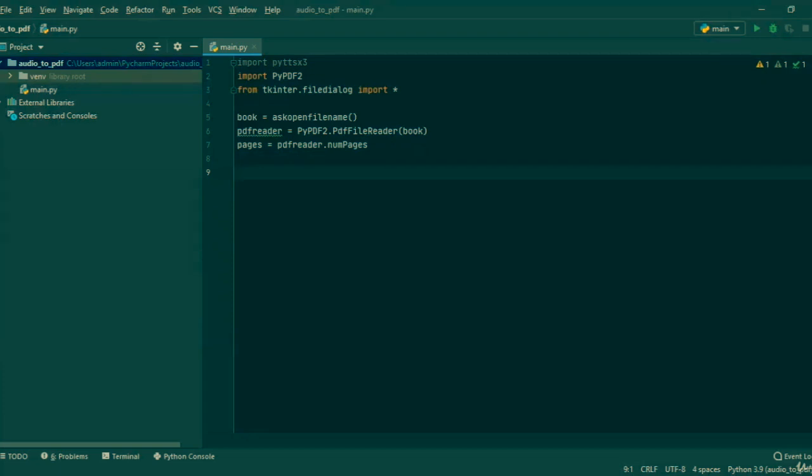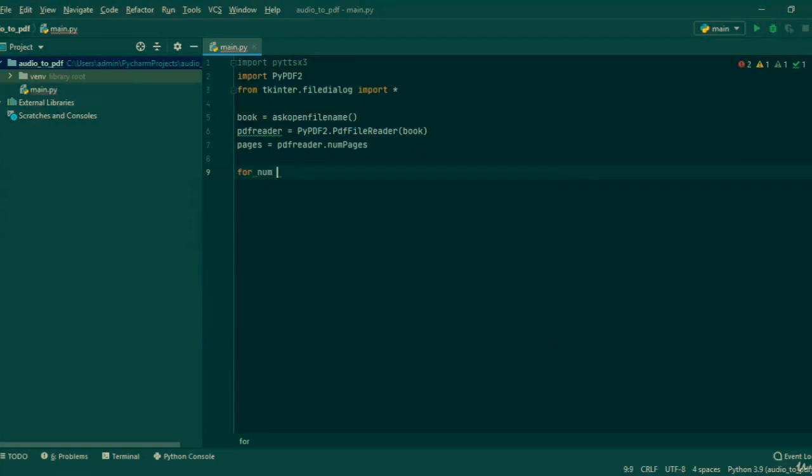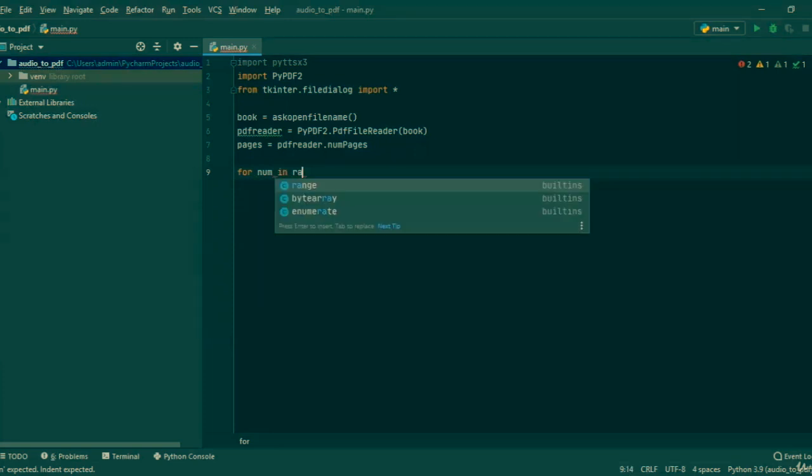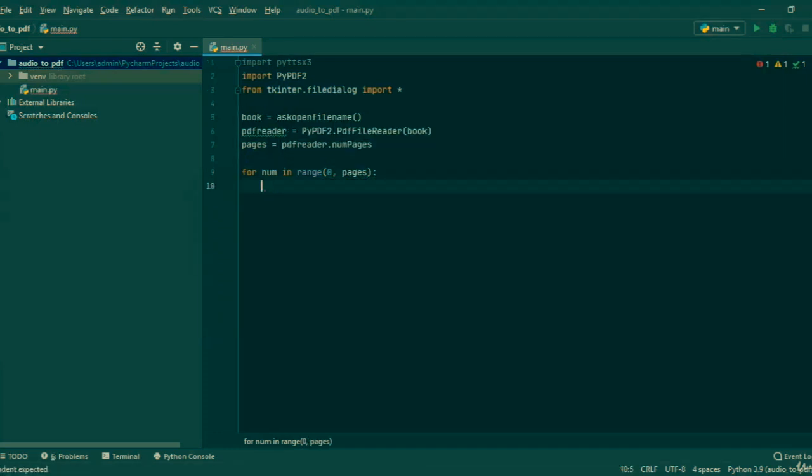Okay, now we need to read all the data from each of the pages in the PDF. So I will create a for loop, for let's say num in range, and here I will say from 0 to pages,